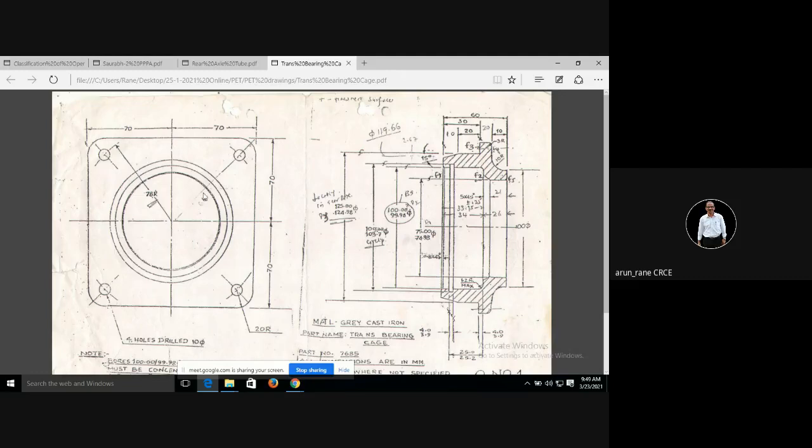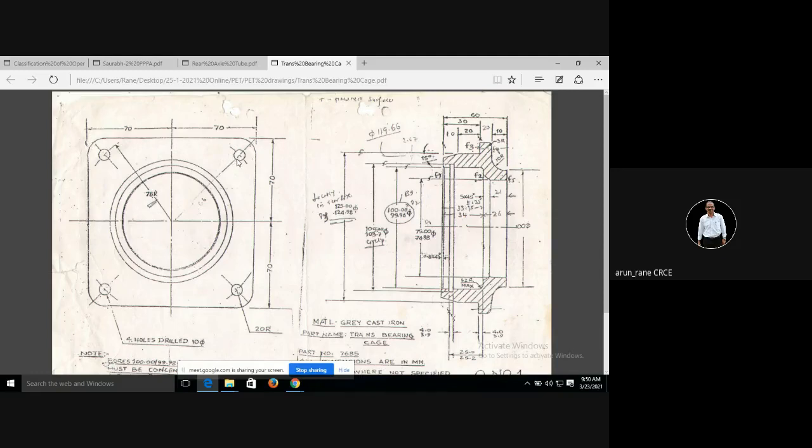That means at 45 degrees, isn't it? You cannot drill the hole here or here, anywhere. 90 degree, 90 degree, 90 degree. You cannot have your first hole here, because you are going to use a drilling jig. So that means you need to locate one of the sides also, either this or this. Are you understanding?